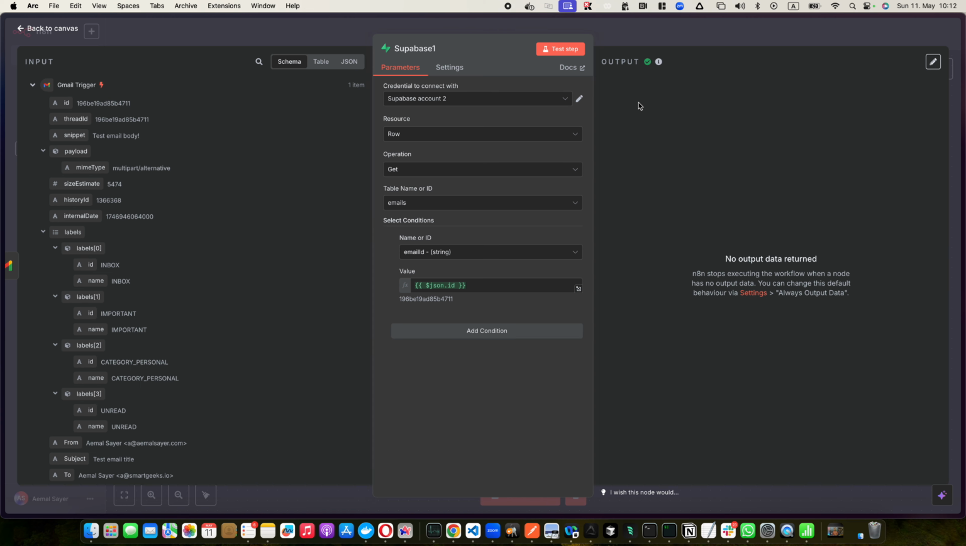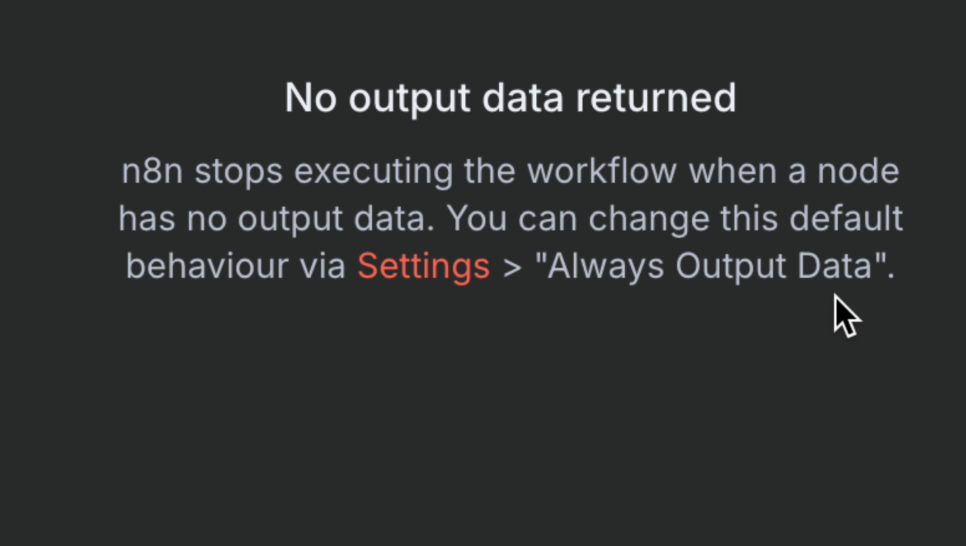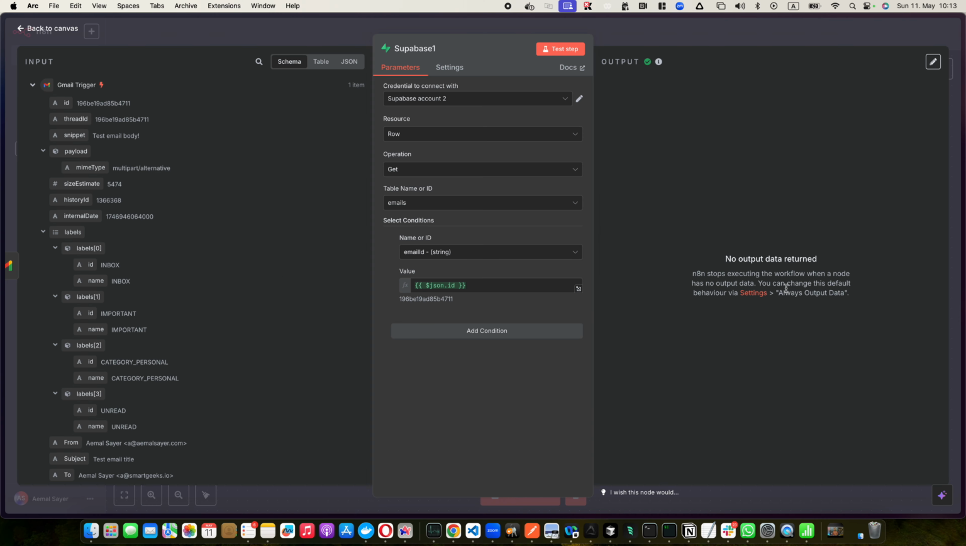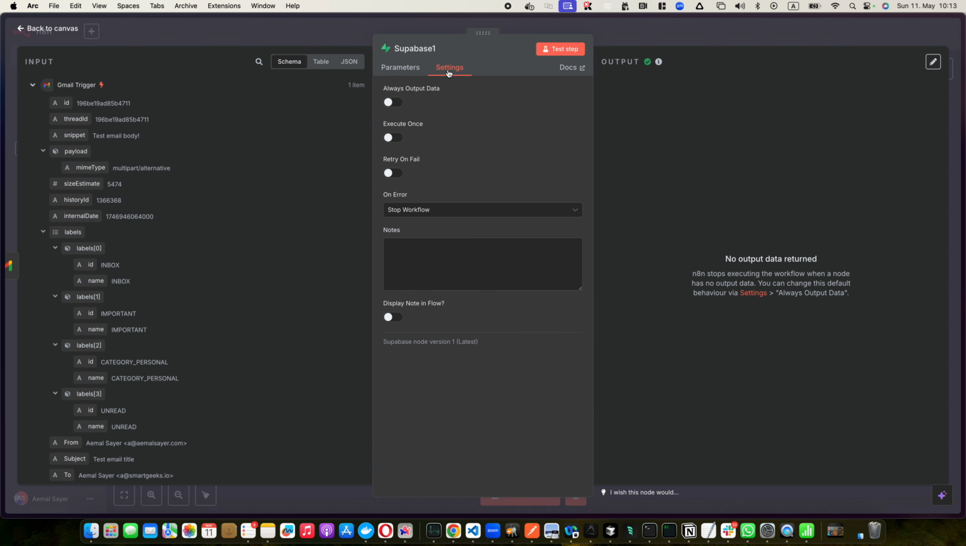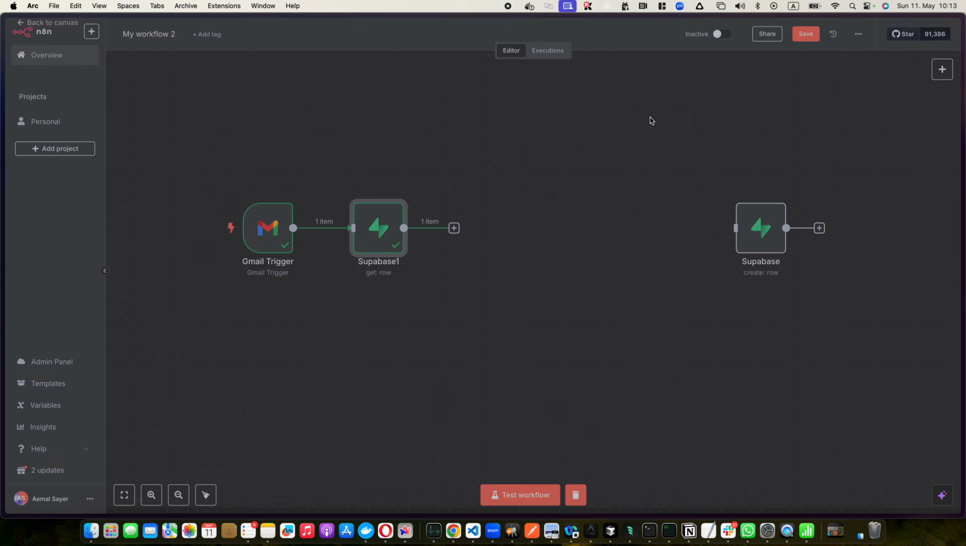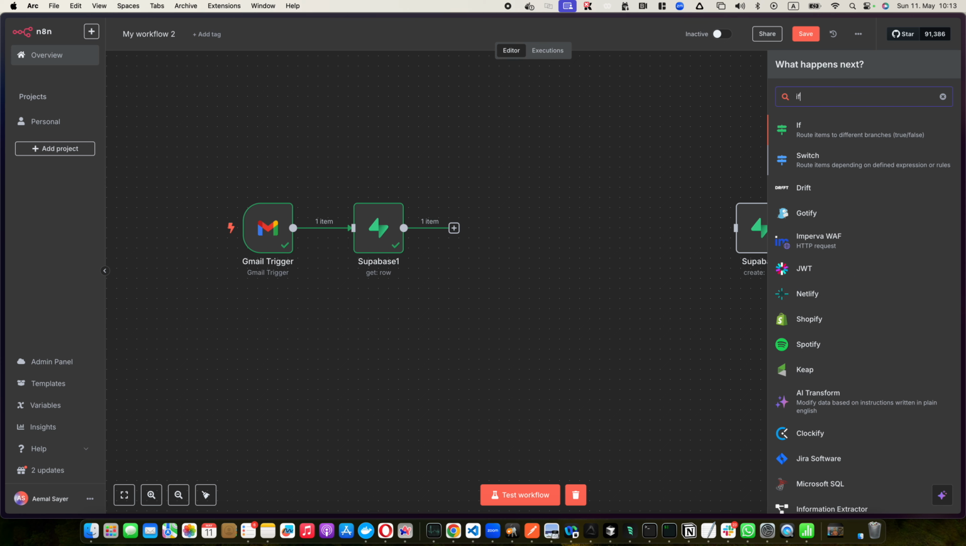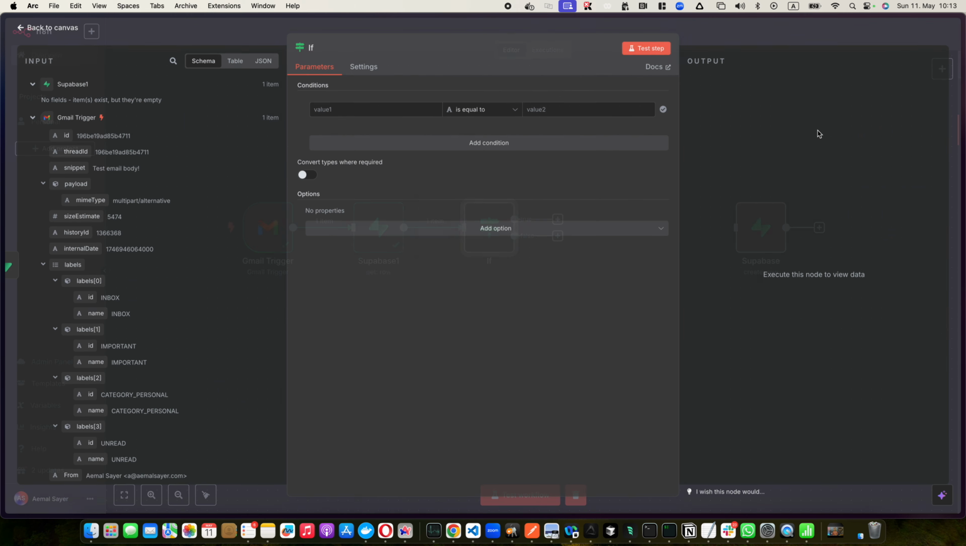That's absolutely correct. But there is a default setting in n8n. When no output data is found, n8n stops executing the workflow when a node has no output data. You can turn that on and off from the settings tab. So I'm going to say, please always output data. If I click, now it says something and it has one item, and that something is no fields or items exist. That's all cool. There is an if condition in n8n,